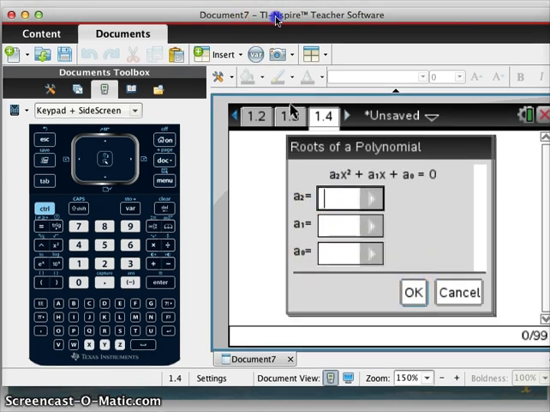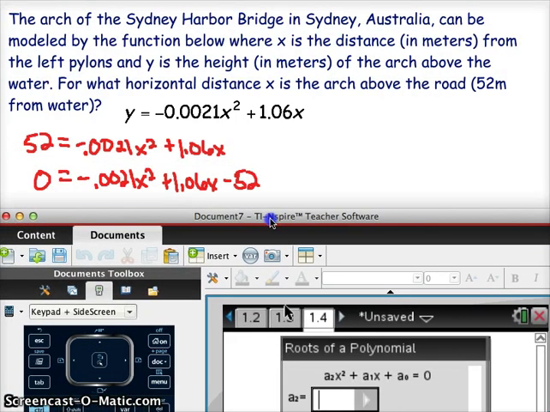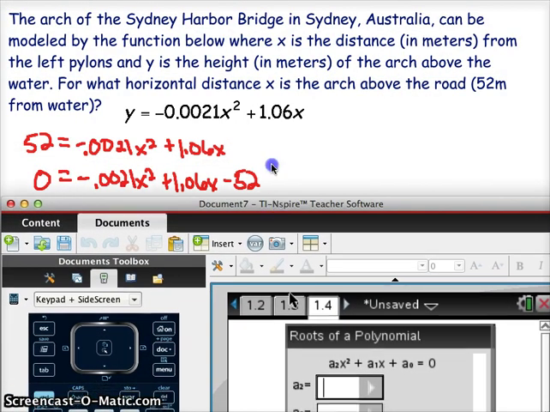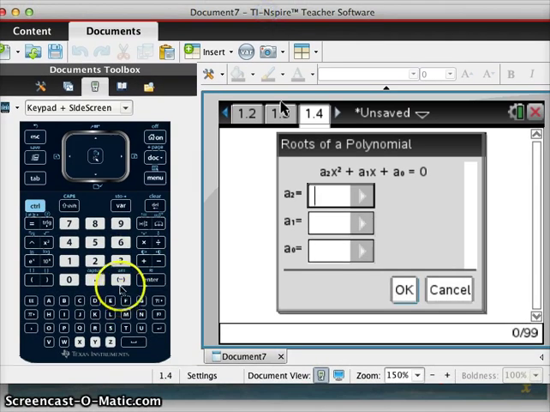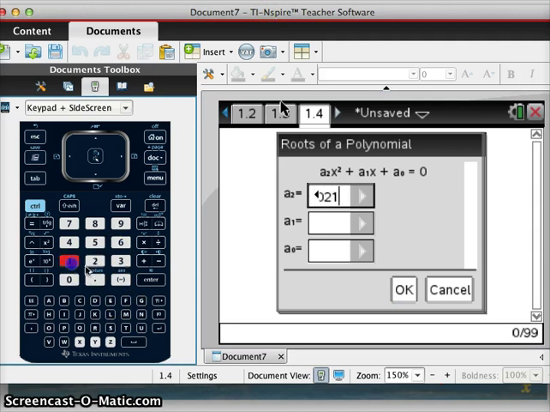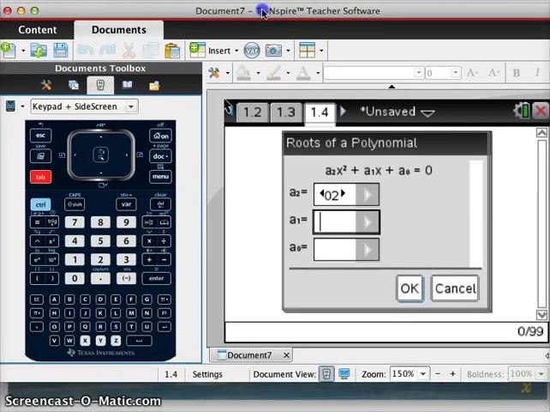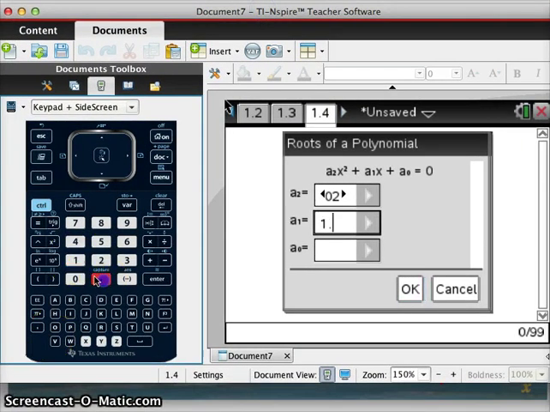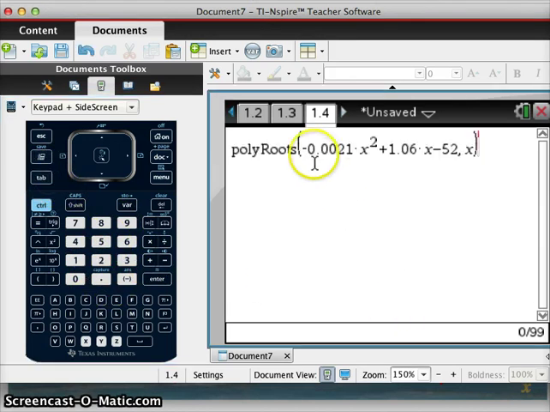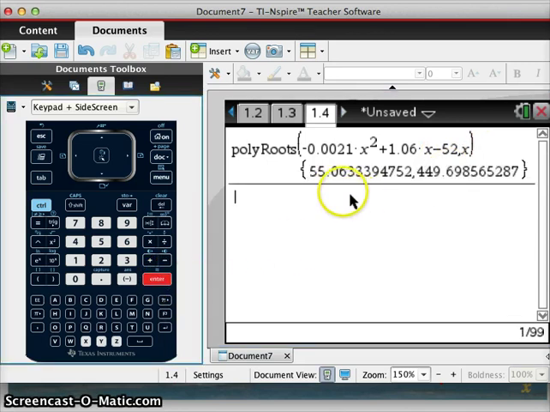And I'm going to put in my three numbers, my A, my B, and my C. A being negative 0.0021. Go ahead and hit tab. Then we're going to put in 1.06, and a negative 52. And then go ahead and hit enter. Make sure it looks all correct in your expression. And when we press enter, you'll notice we get from